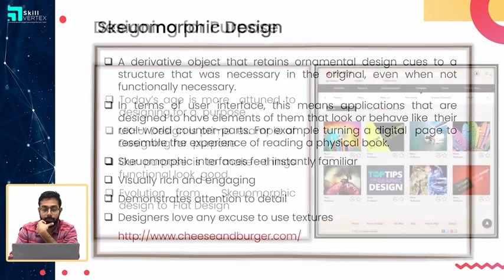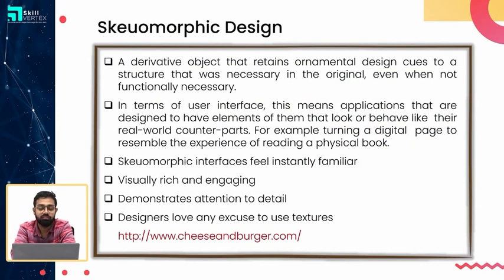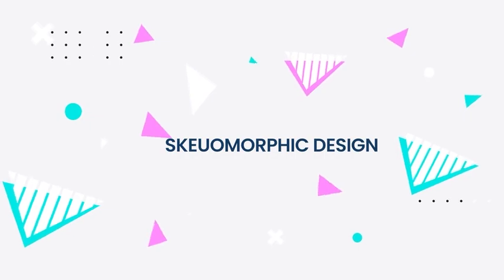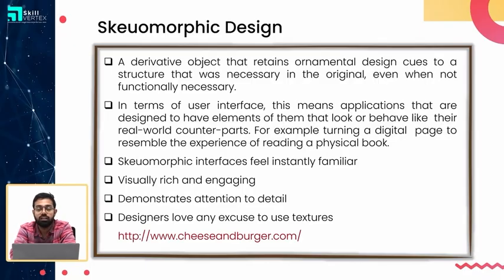Now, there are some design philosophies or methodologies that I would like to cover. One is skeuomorphic design. In this case, we try to emulate a real world object, an existing object which solves the same purpose, even though our product itself has drastically changed. Let me give you an example: the calculator app on your phone. It tries to be as close to a normal calculator, although it has the capability of being much more complex.